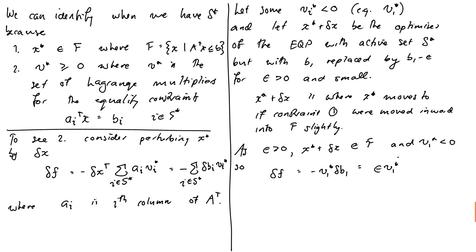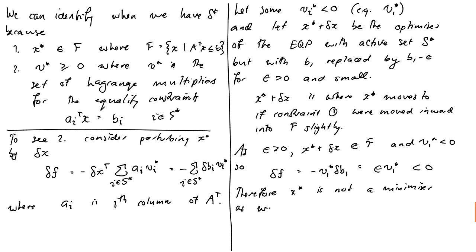We've seen that our objective changes by this amount, which equals epsilon times nu1 star. But we've said that nu1 star is negative, so our objective is going to drop. Therefore, x star is not a minimizer of our overall problem,